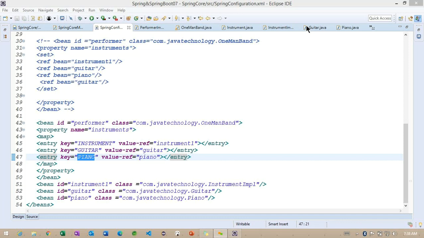So how many objects are we going to have? For each object, what we are doing internally is working on the tag-related information, the constructor and property tags. But if you are having hundreds of objects here, we are going to define those 100 tags in our configuration file. Getting the point? So how can we eliminate these configuration tags?